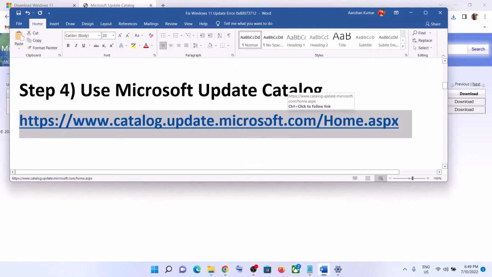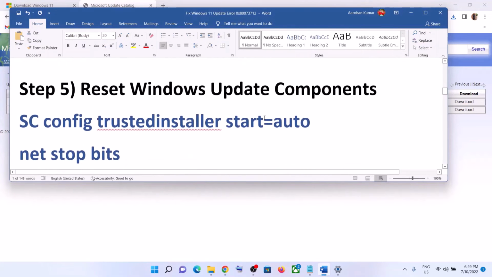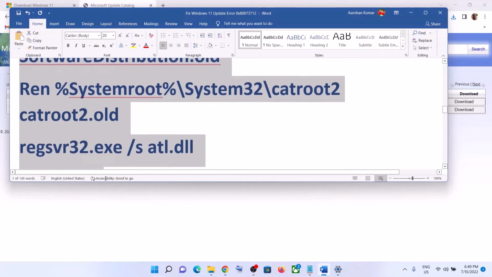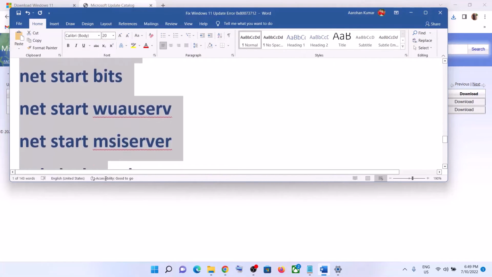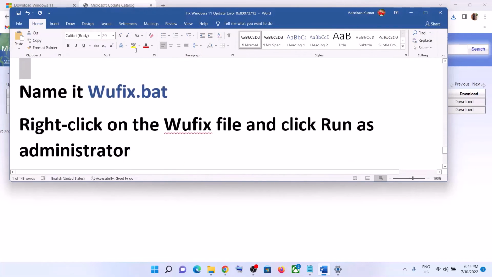Still you are facing the problem. In that case, you can reset Windows Update components. For this, copy all these commands. These commands are provided in the video description. So copy till here